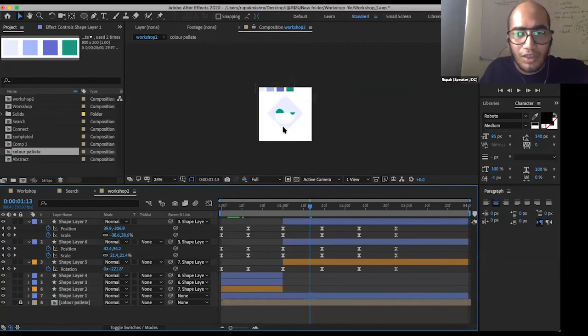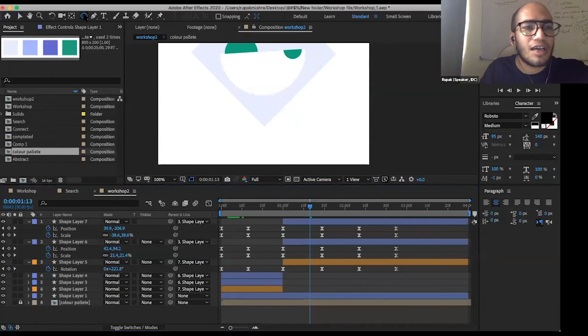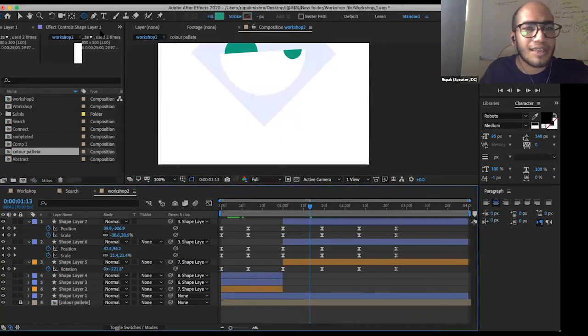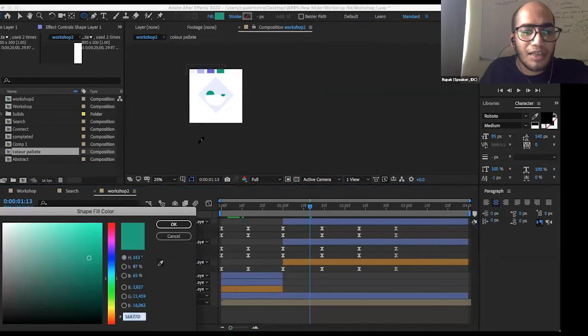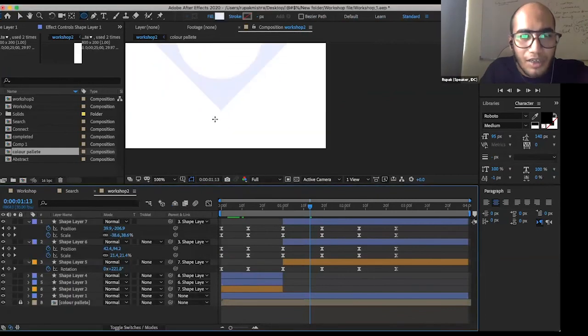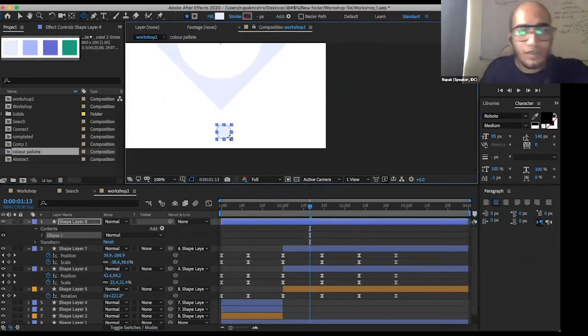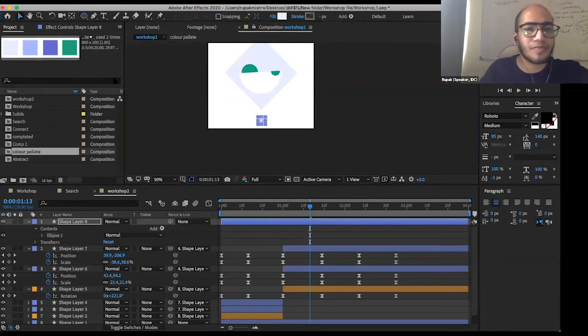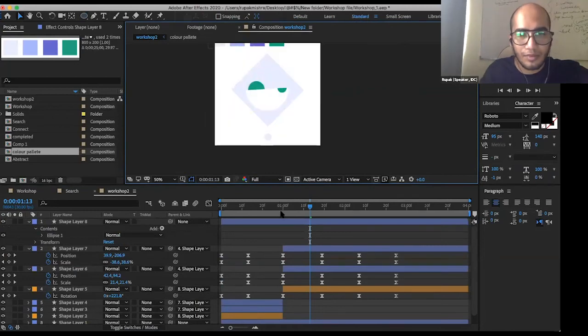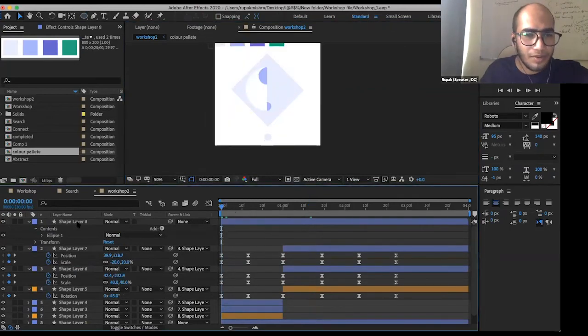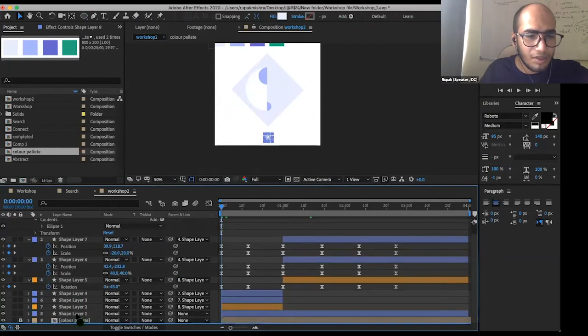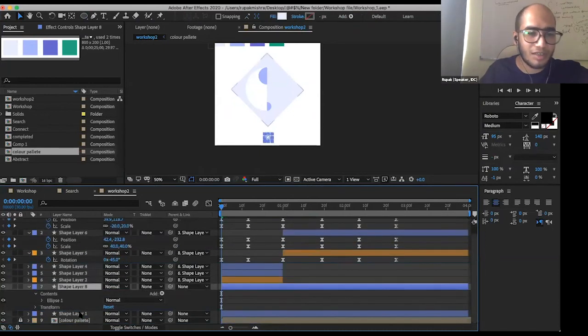Okay. Now we have also a small circle here. We can go ahead and from the ellipse tool, we can select a small circle. And we'll keep the color same as our bigger rectangle. Go ahead and draw a small circle here at the very bottom of it. And we'll adjust it so that it aligns properly. I will place it near the shape layer 1.